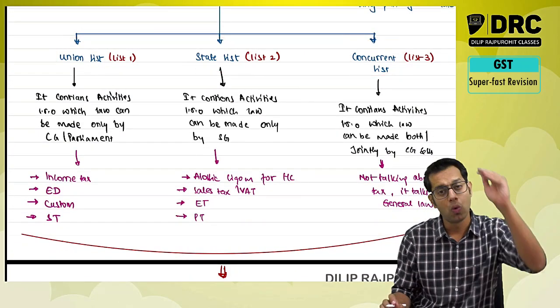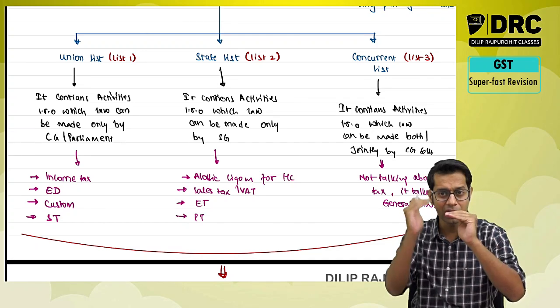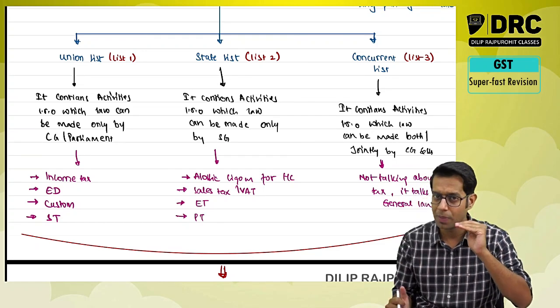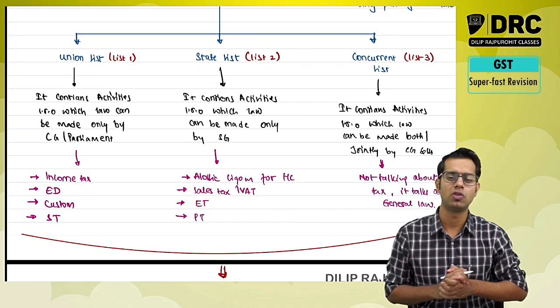and concurrent list. Whatever is there in the union list, only the central government can make law in respect of that. Whatever is there in the state list, only the state government can make law in respect of that. And whatever is there in the concurrent list, the central government and state government can jointly come together